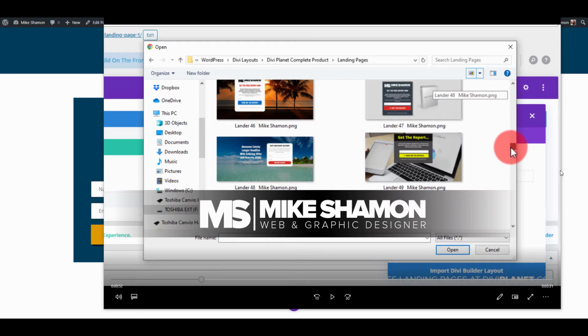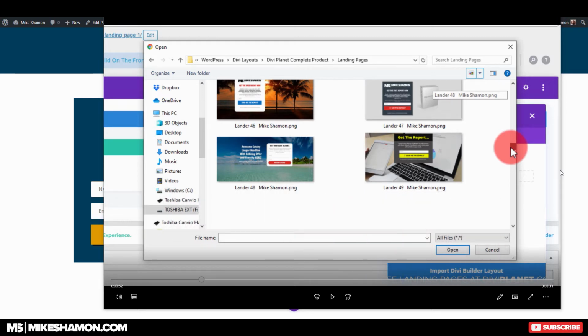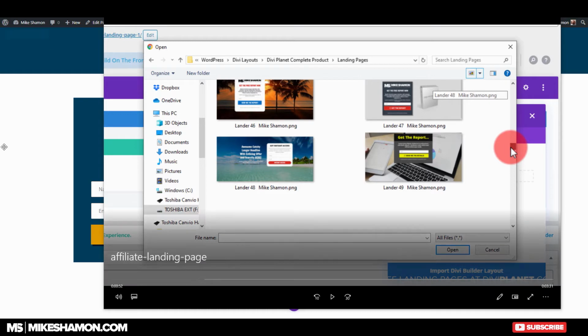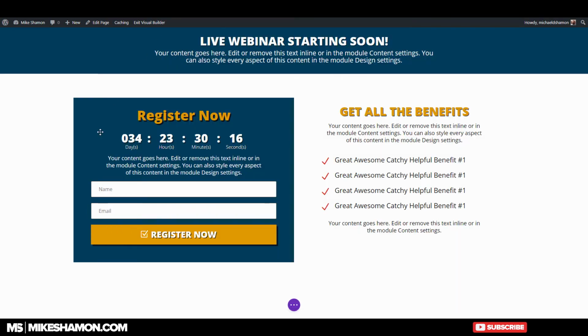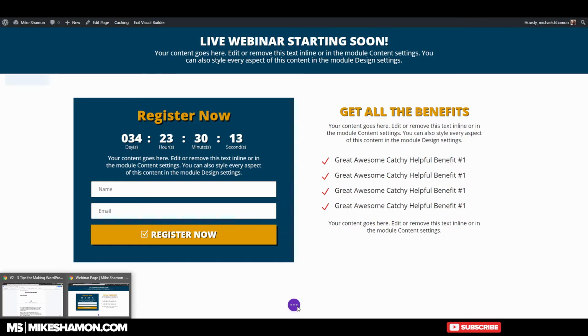I'm able to take a screenshot of any screen I have open. So not just in Google Chrome or Firefox or your internet browser. I can take a screenshot of anything I have open. So if I have this video open, I want to take a screenshot of this, or if I have my browser open, or if I have my desktop open, and whatever you have open,